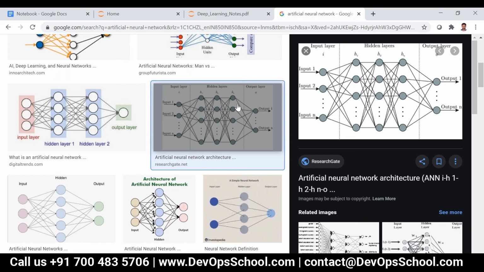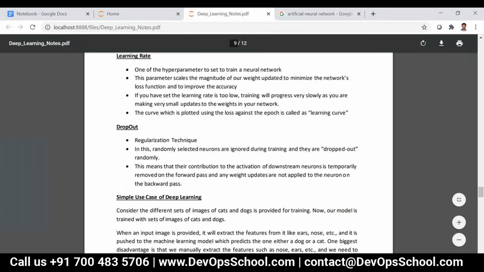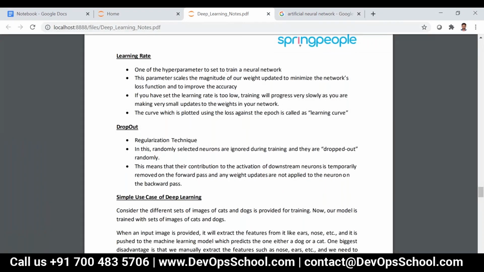You have to say what is the probability of dropping a particular node. In iteration 1, if it drops node 1 and node 2, in iteration 2 those two nodes will be used and it will drop the third and fourth nodes. We are not sure about it, so we just set the parameter, the probability of dropping a particular node. That is dropout.